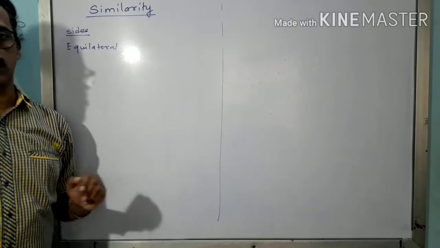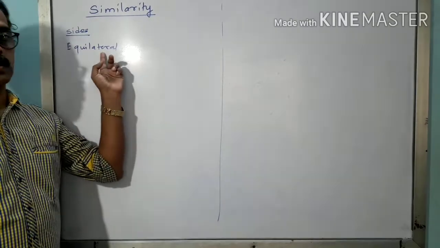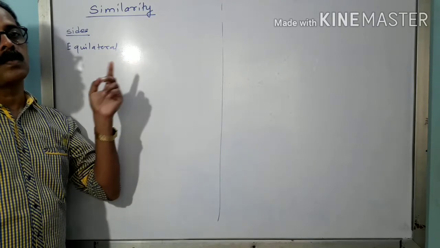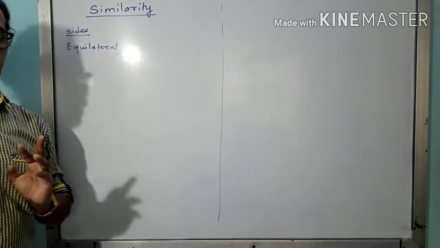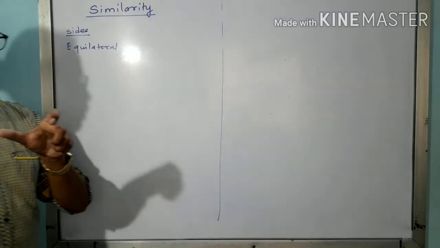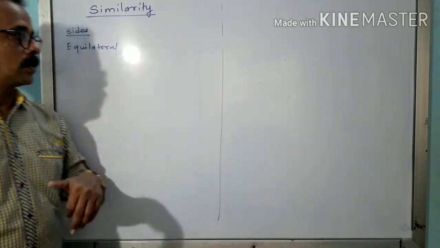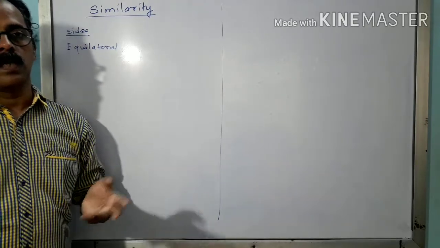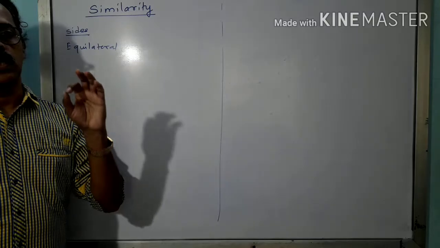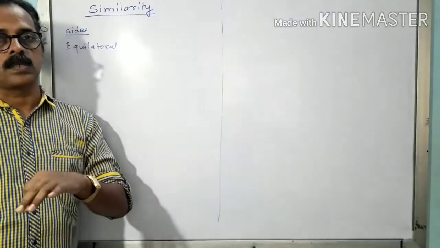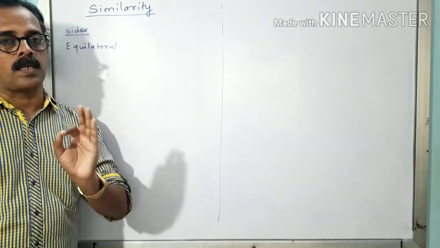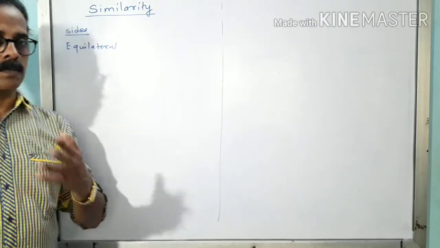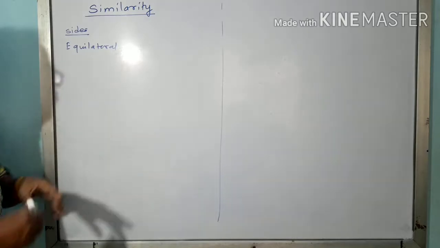Each angle will be 60 degree. Then the angle bisector, side bisector, and perpendicular drawn are one and the same. These are certain properties we have seen. Even in construction, which we are going to study this year, the circumcircle and incircle will have the same center. The circumcenter is obtained by intersection of all the side bisectors, and the incenter can be obtained by joining all the angle bisectors. That we'll see when the chapter comes. So that is about the equilateral.